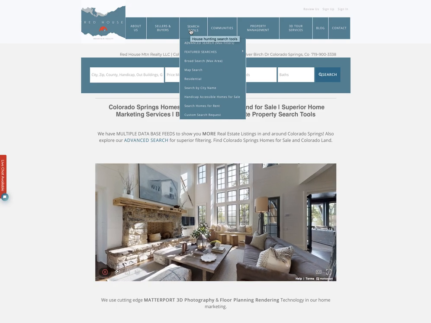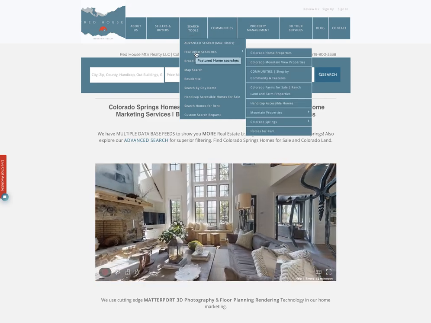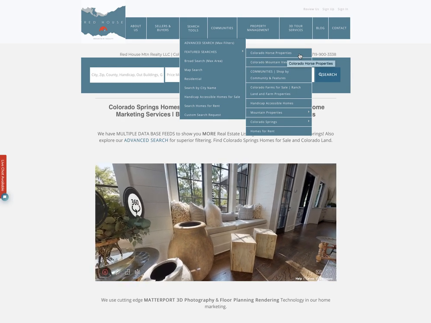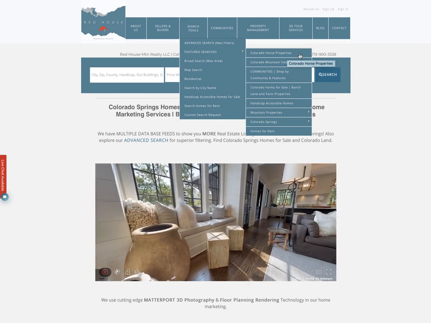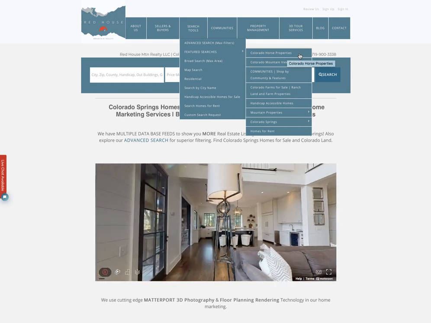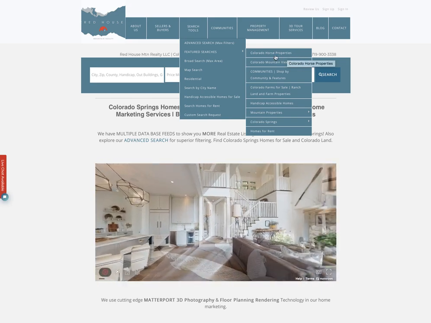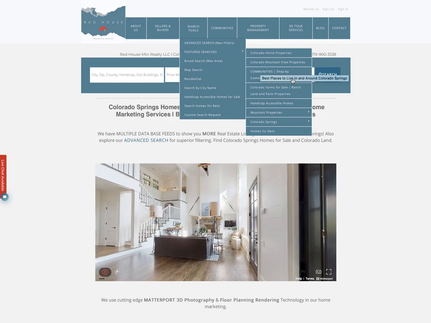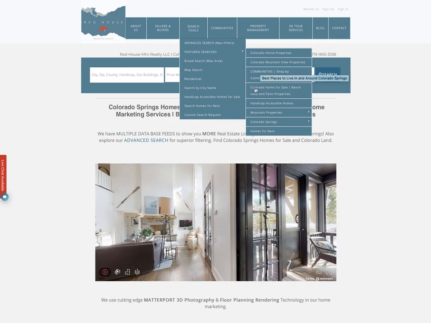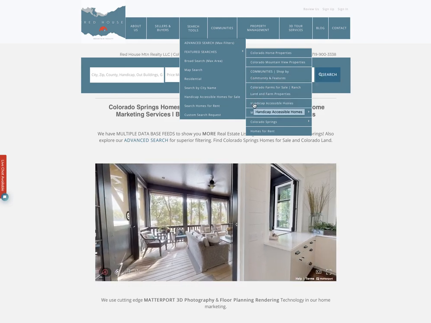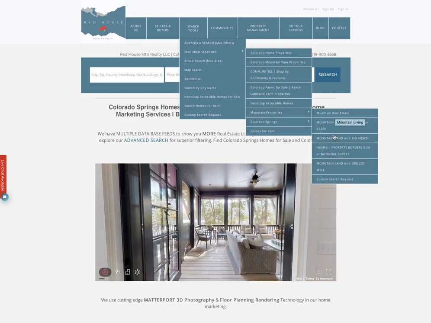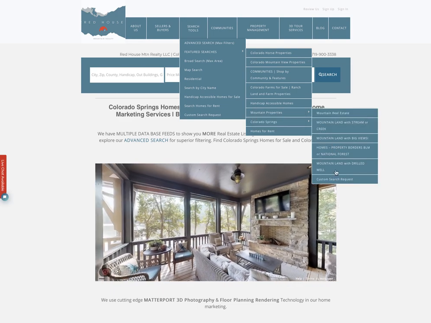But if you're not quite ready for that, you might want to look at our featured searches. Our featured searches are ones we've already put together for you and grouped, not by price, but by feature. So let's just say horse properties. Let's look through these: mountain view properties, communities, farms and ranches, handicapped accessible homes, mountain properties, and then there's a whole other subset of mountain properties